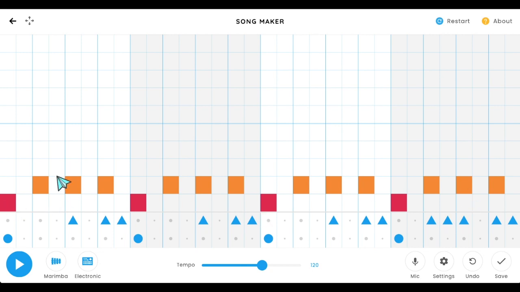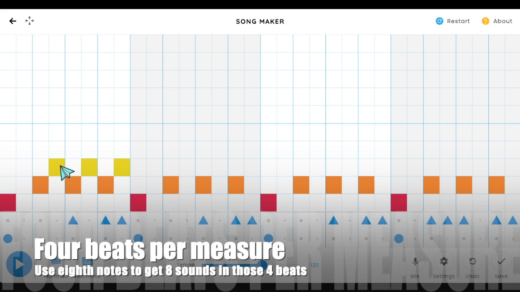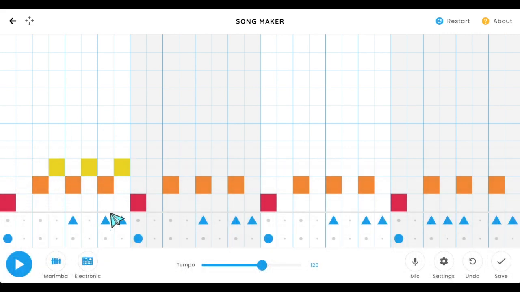So here we have this. I'm also going to fill in after these beats 2, 3. These are 8th notes now, if they're right next to each other like that, and I can actually fit 8 eighth notes in each measure. So I'm going to add this pattern. Whoops. I'm going to make the pattern the same in every measure for starters, and then I'll change it later. So if I press play,